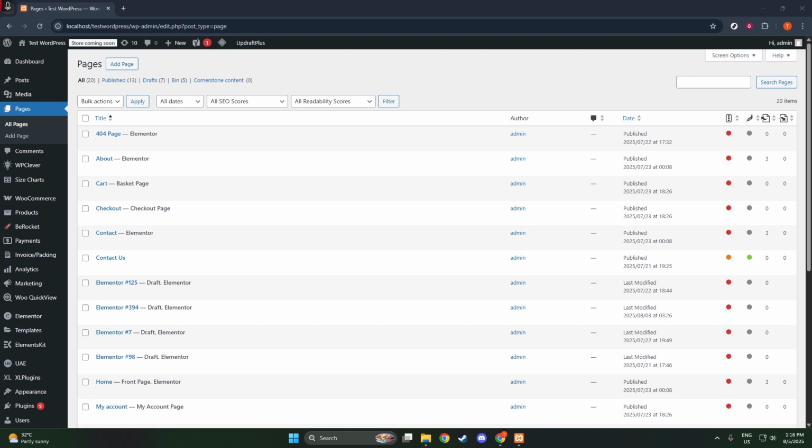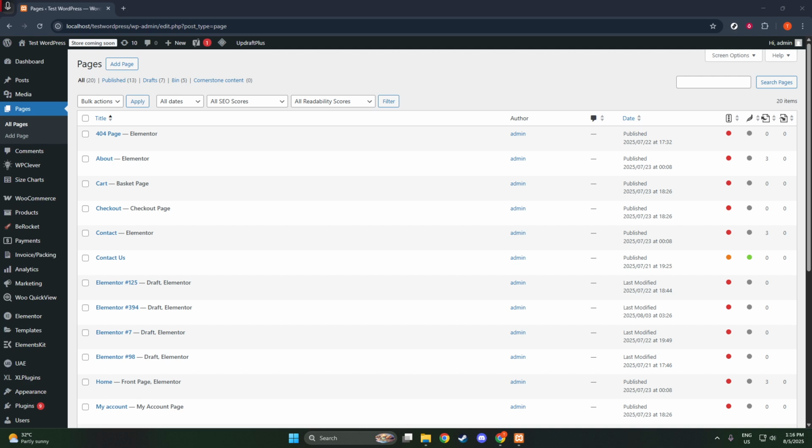First things first, we'll need to head over to your WordPress dashboard. This is your control center for managing the content on your website. Once you're there, look at the menu on the left-hand side. You'll want to navigate either to the Pages or Posts section, depending on where the content you want to edit resides. You're going to select the page or post you want to update and click on it to enter the